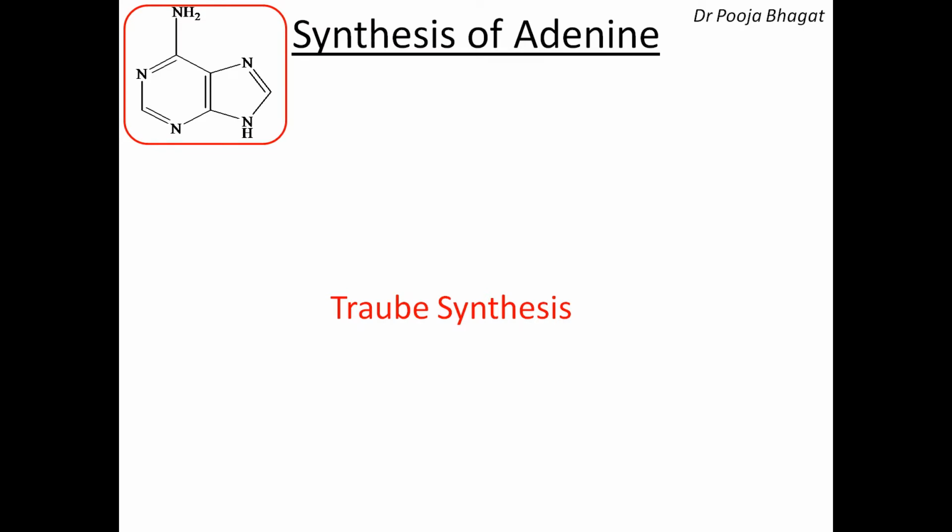Now let's discuss the Traube synthesis for adenine. This is adenine. Okay, in adenine we want amino group at the 6th position. That means the active methylene part will be malononitrile. Okay, and the urea part, I don't want anything. In adenine we don't want anything here, we need hydrogen. So it is easier to get hydrogen if we start with the thio compound. So here if we have to carry out the reaction, we will take thiourea and we will take malononitrile.